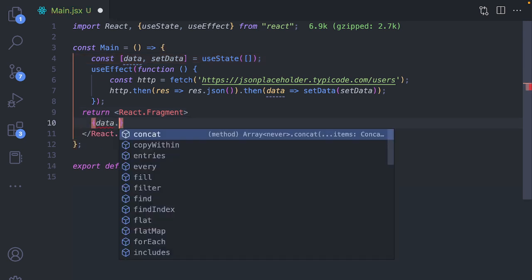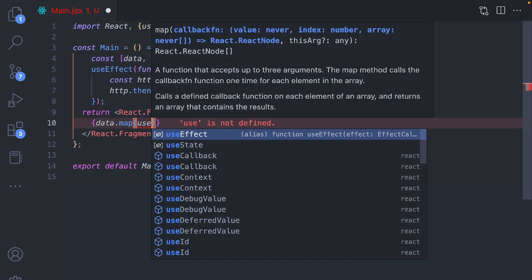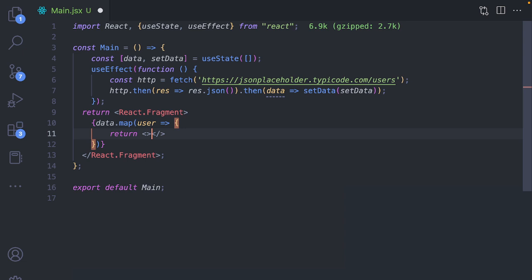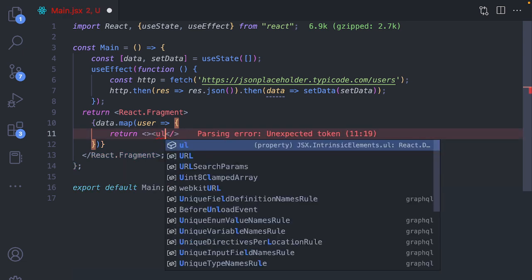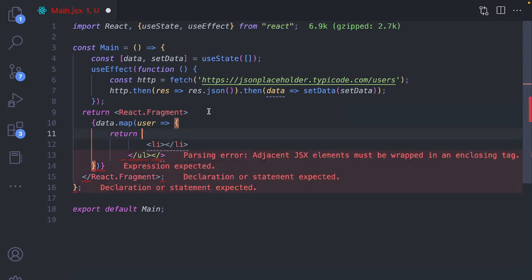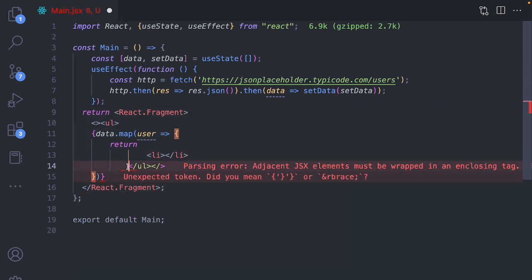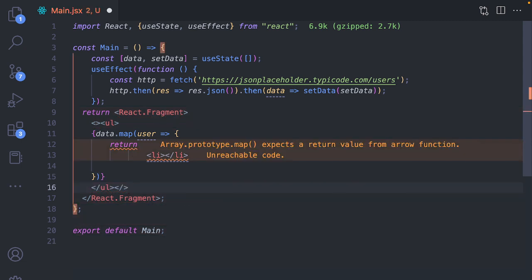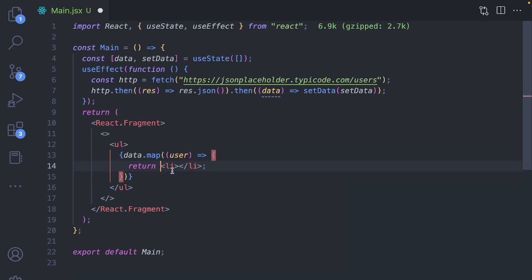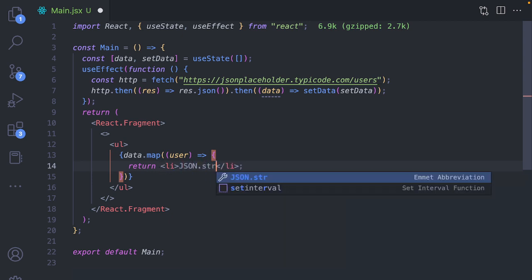I write data.map. I'm going to get the user inside this, and for each and every user in React, I want to return, let's say, a UL. Inside a UL, I want to then return a list item, and inside this list I want to do the map thing. And let me just try to show you one more thing. Just remove this UL from over here and get this thing outside this. Now you want to map for each and every row list, and now what I want to do is JSON.stringify, and I want to